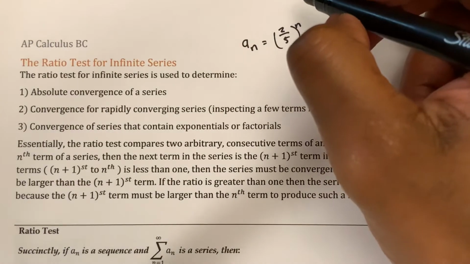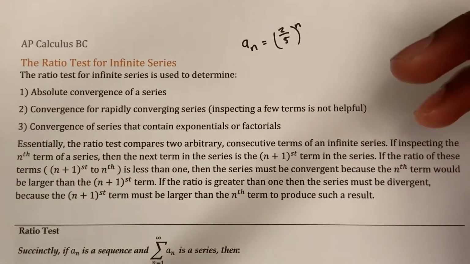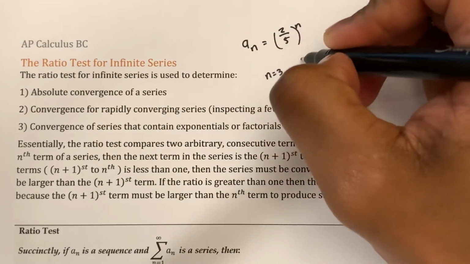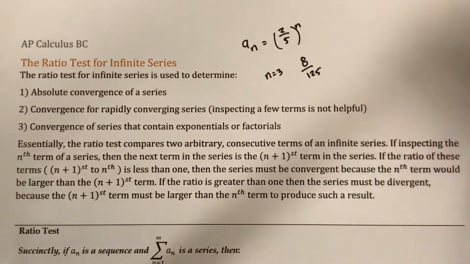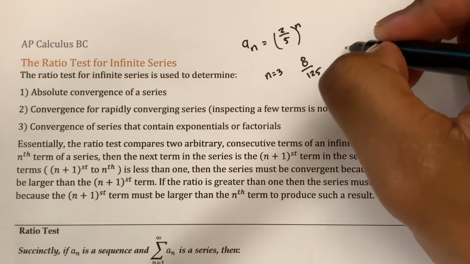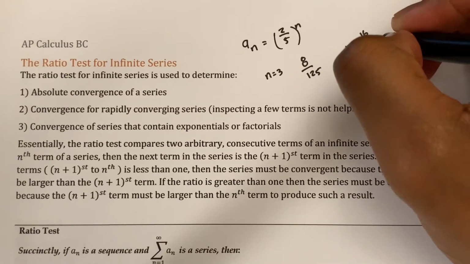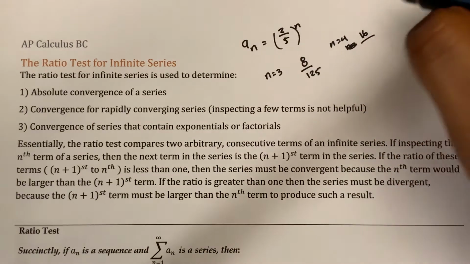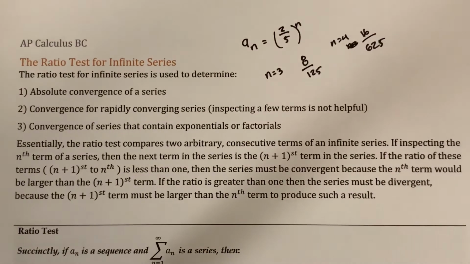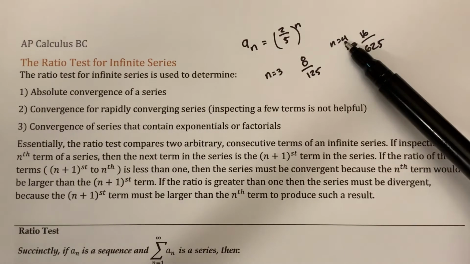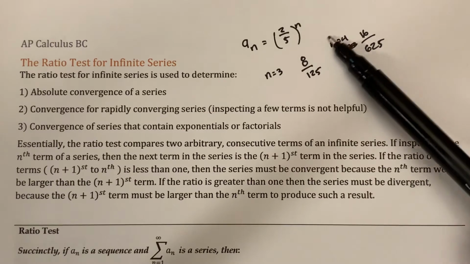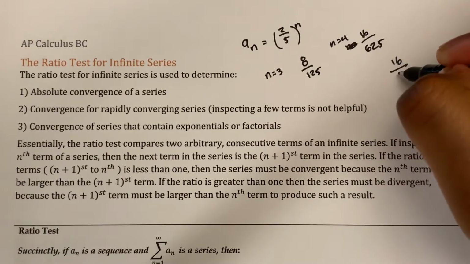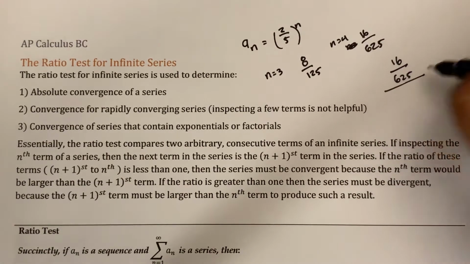But say we looked at the third and fourth term. If n equals 3, then we would have 8 over 125. And if n equals 4, we get 16 over 625. So what the ratio test does is it takes the rightmost term and divides it by the term right in front of it. So we would have 16 over 625 divided by